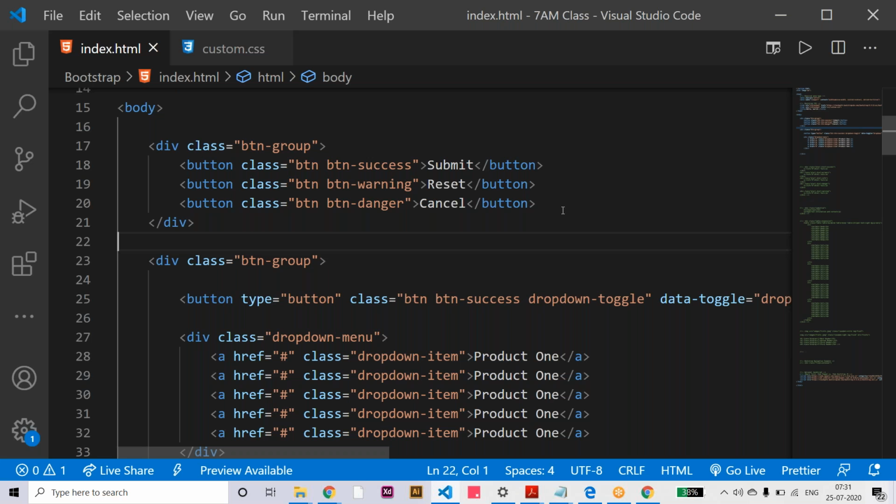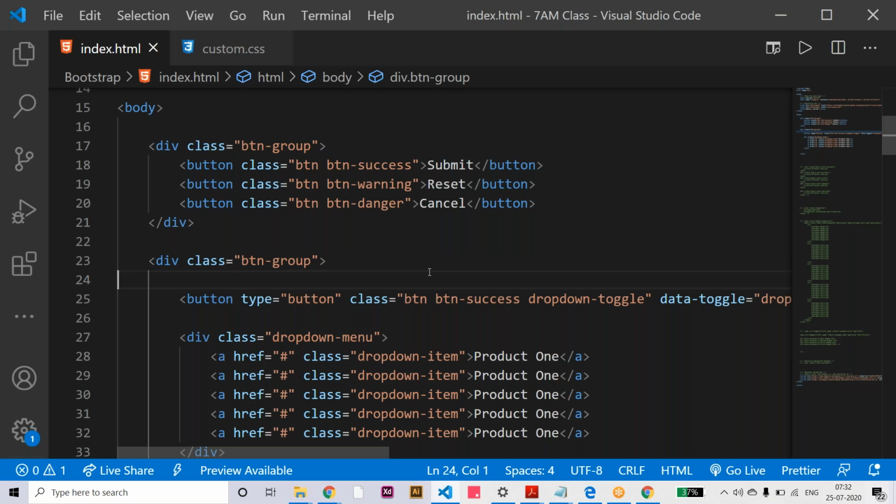So all text related classes, image related classes, you just apply one by one. We are going to use and repeat the same classes multiple times for different requirements.